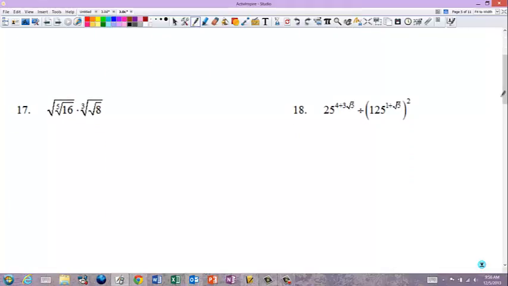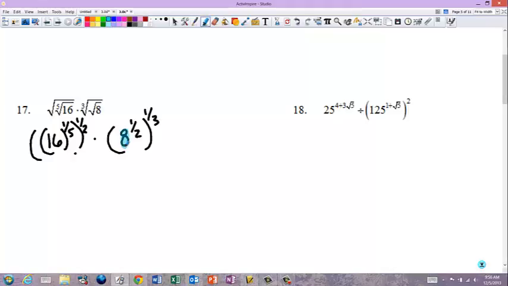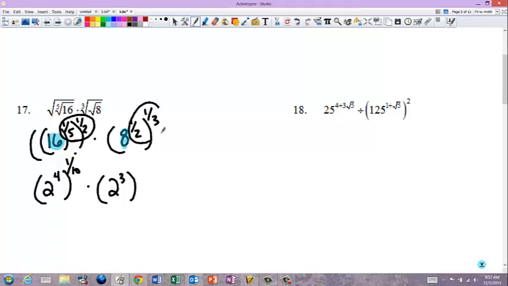17, if you'll rewrite this as 16 to the 1/5 to the 1/2, and then this is 8 to the 1/2 to the 1/3. And I could actually even go farther because I can recognize that this 8 and the 16 are both going to be 2's. So this is 2 to the 4th to the, can I go ahead and make this 1/10? And this is 2 to the 3rd to the 1/6, because remember, when you raise a power to a power,